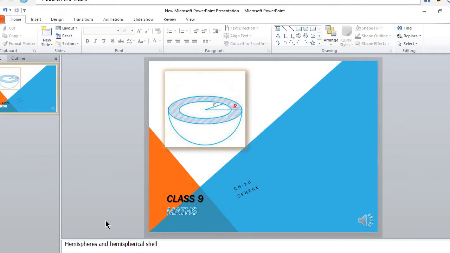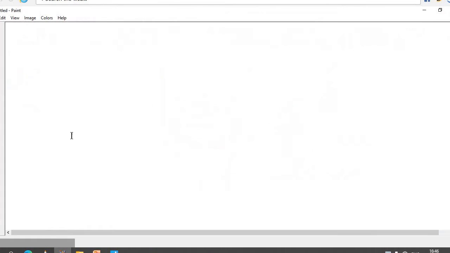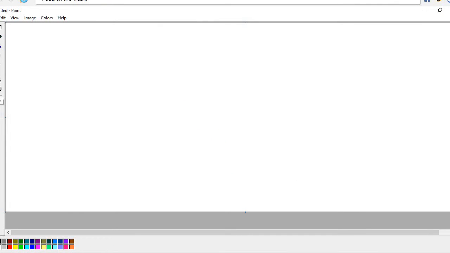Okay. So now today we'll discuss hemisphere and hemispherical shell. This is that view. We'll discuss it in detail. Then what is the hemispherical shell? First of all, what is a hemisphere? I would like to show you from this diagram here. What is the hemisphere? So this is a sphere,